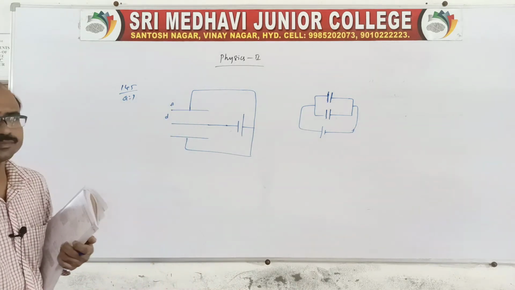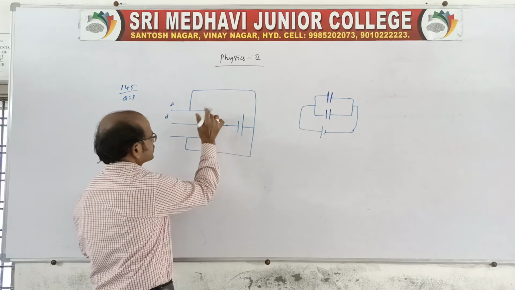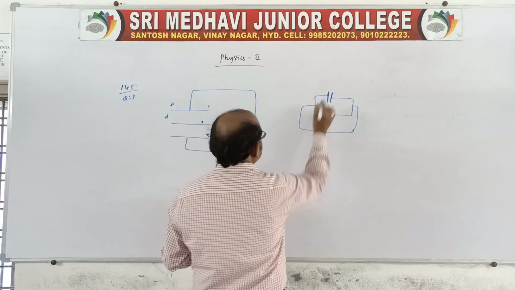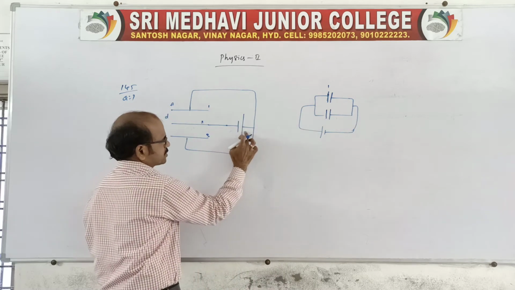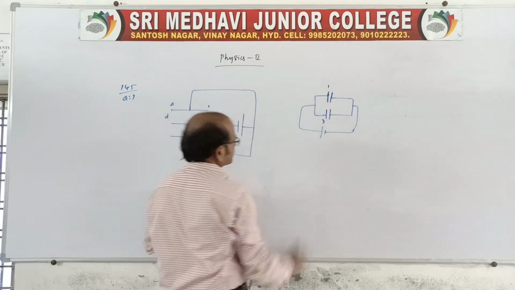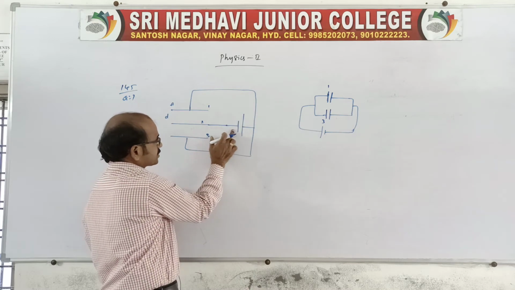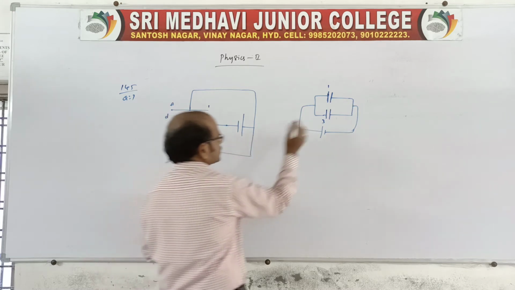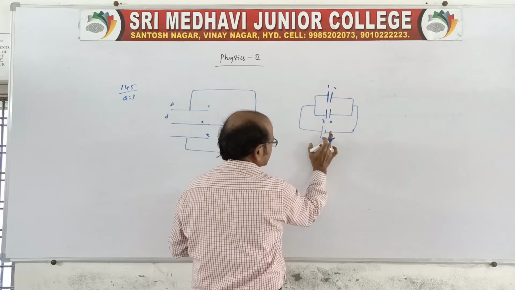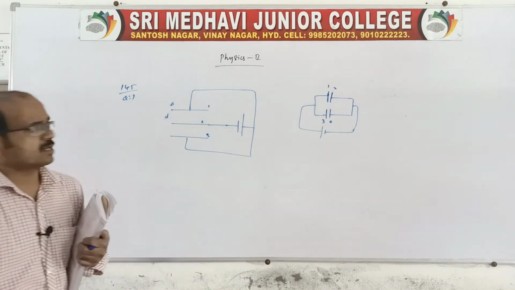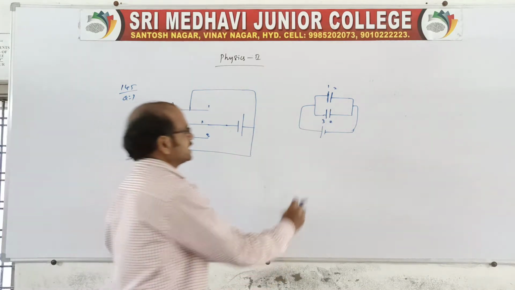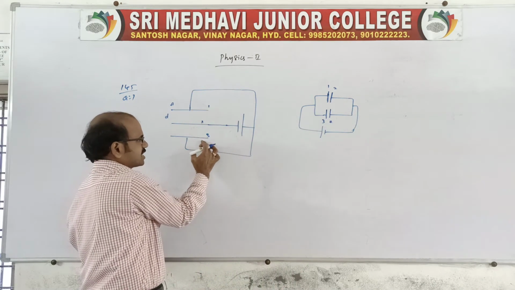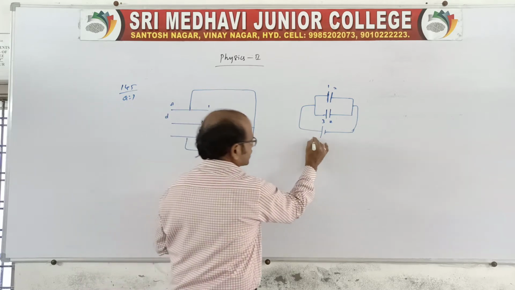Any doubt? Look, for the plates, you give 1, 2, 3. Now you take plate 1, which is connected to the positive terminal. Plate 3 is also connected to the positive terminal, of course. And plate 2 is connected to the negative, and plate 2 is combined with plate 1 as well as with plate 3. So plate 2 is connected to the negative terminal of the battery, and it is directly connected to plate 1 and also to plate 3, like this.